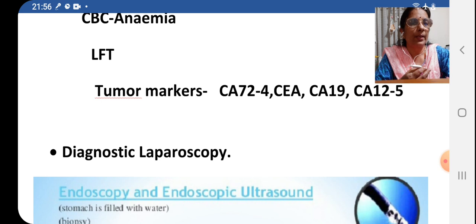And the last one is the diagnostic laparoscopy. In diagnostic laparoscopy, you will get all the findings, whether the stomach growth is visible or not, whether the patient has ascites, whether peritoneal mets are there, whether it is an operable case or not. And while doing this diagnostic lap itself, if the patient has an operable lesion, at the same time you can do a surgery also, laparoscopic gastrectomy, distal or subtotal or total gastrectomy, if you plan and go. So while doing a diagnostic lap, you can stage the tumor, you can see the tumor, and if it hasn't penetrated